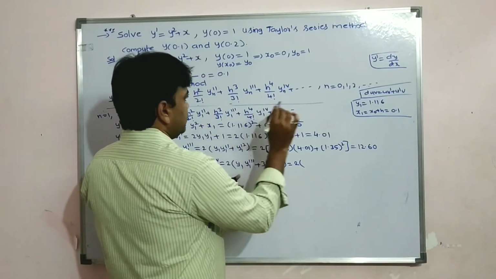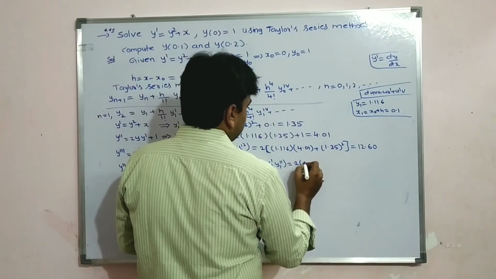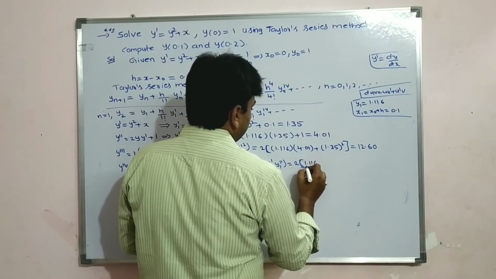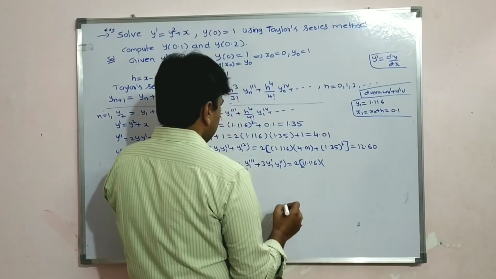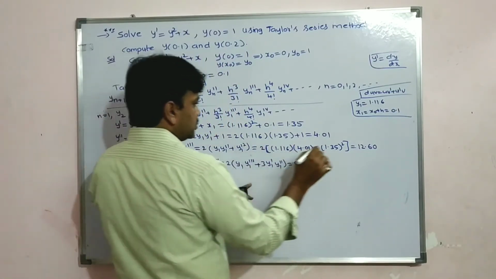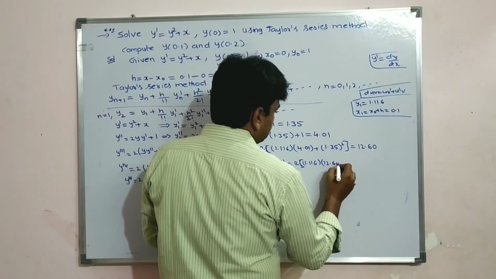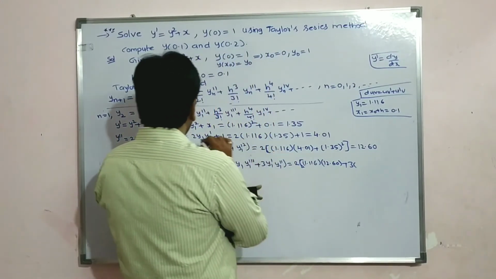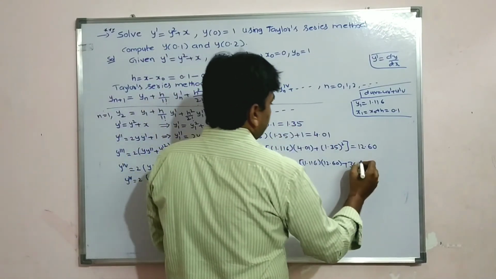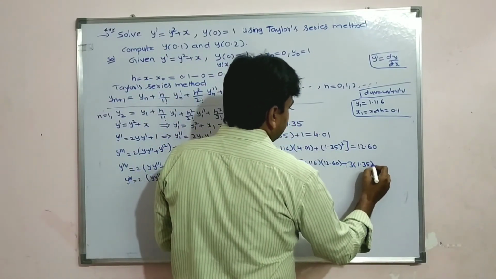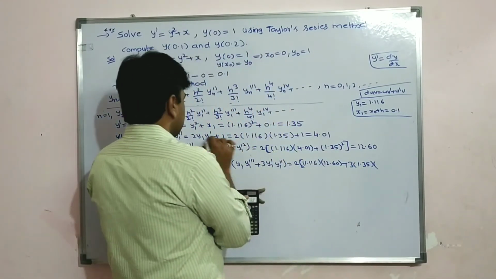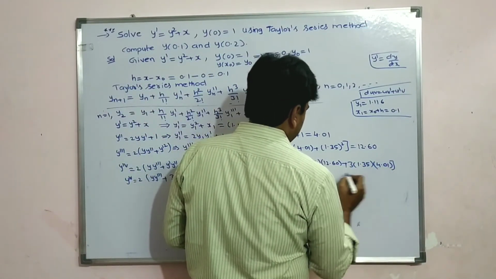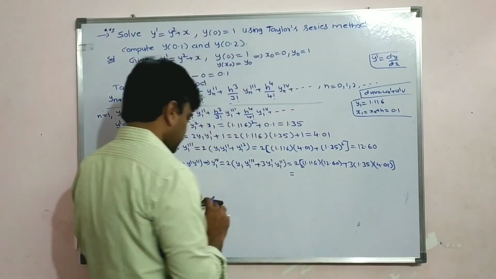What is y1? 1.116 into y1 triple dash. Y1 triple dash is 12.60 plus 3 into y1 dash 1.35 into y1 double dash 4.01 bracket close, that is equal to